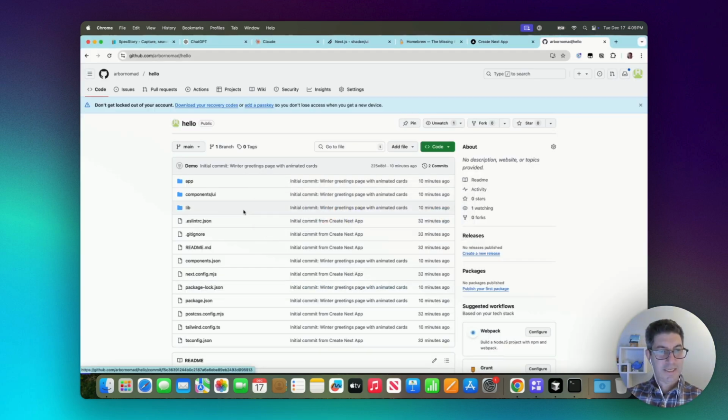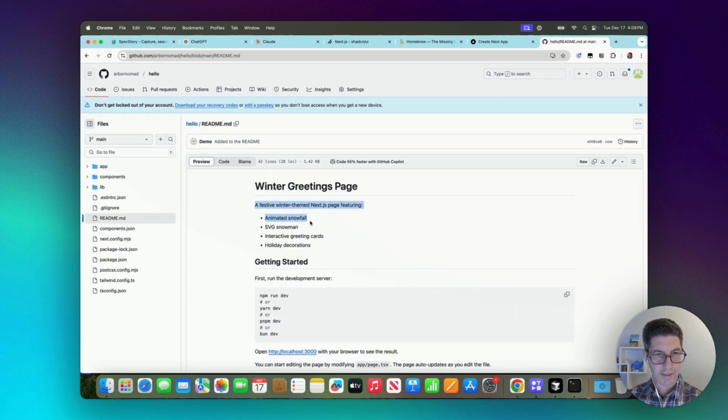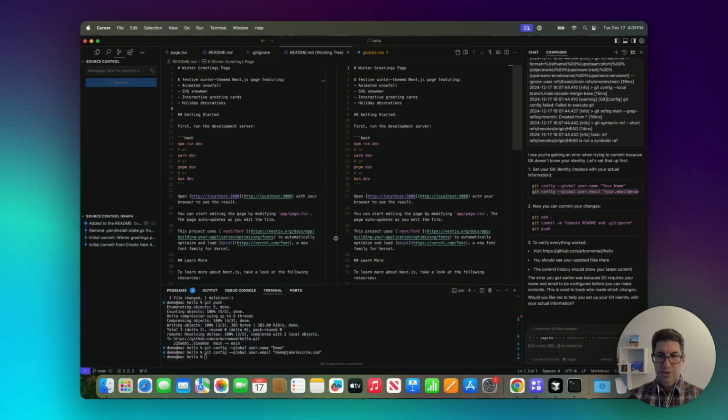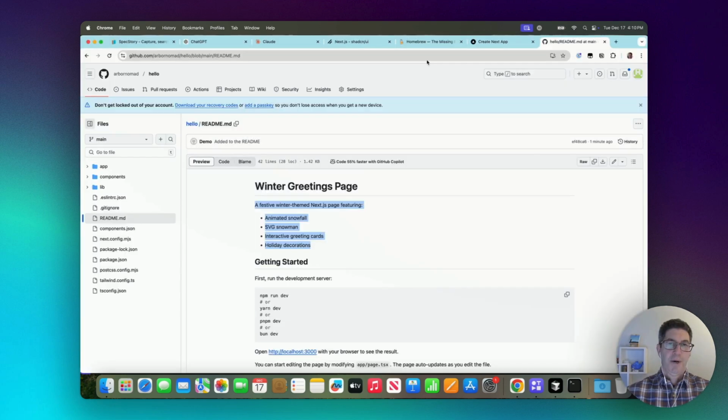And so we can see what just happened by clicking on this README file and noticing that this text about it being a festive winter theme page comes up. So great, we're at the point where we've successfully pushed this to GitHub. But that's not enough. Yes, there's a URL here. It's a GitHub URL. We could share this with somebody, but all they would see is our code,